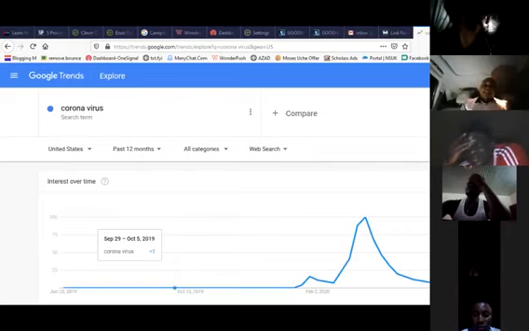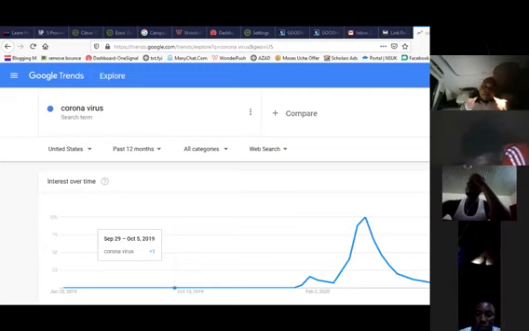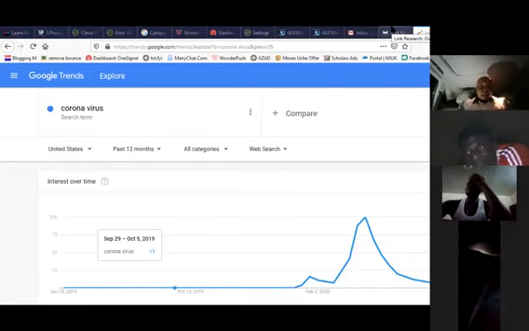So speed is there. The next thing we need to look at is, has anyone here heard about Google Analytics and Google Search Console before? That's great.